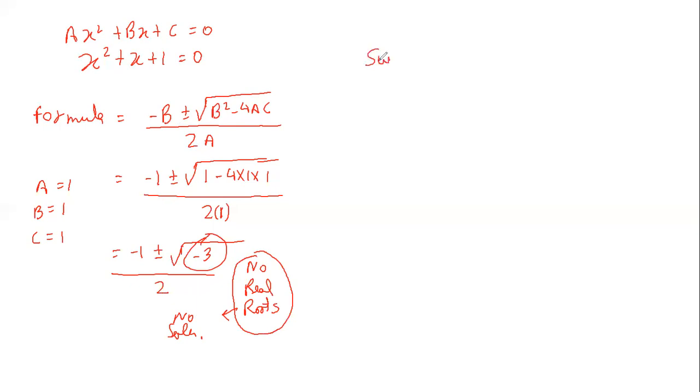If I want the sum of the roots, now one way is you solve the equation, you figure out the roots, and then you add them up. That will give you the sum of the roots, of course. But I really don't have to put in this much effort to figure out the sum of the roots. I can directly say the sum of the roots is minus B by A. And if I want the product of the roots, it will be C by A. So that's a direct formula to figure out the roots.